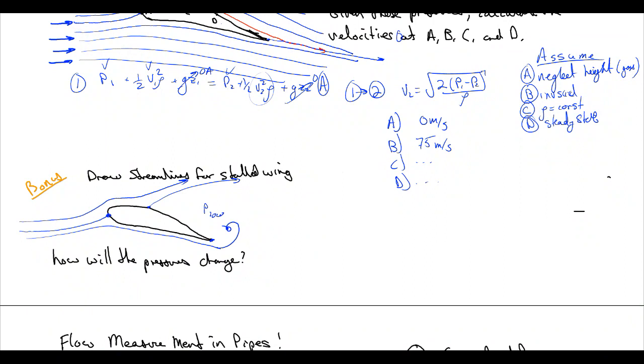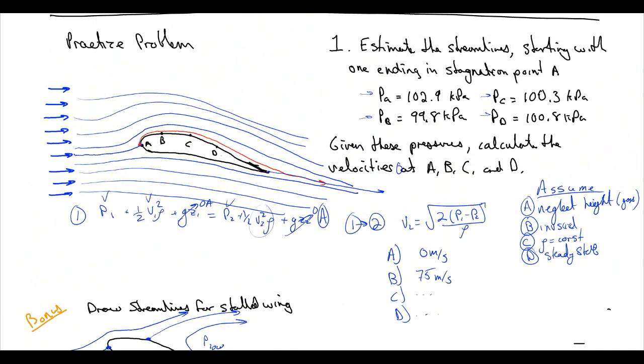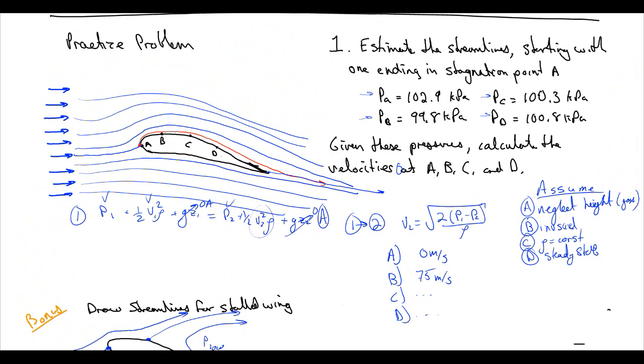But the most important thing is, if you look up here at these pressures, PC is quite low, 101.3 kilopascals. PB is 99.8 kilopascals. You have very low pressure in this region here, which is where a lot of the